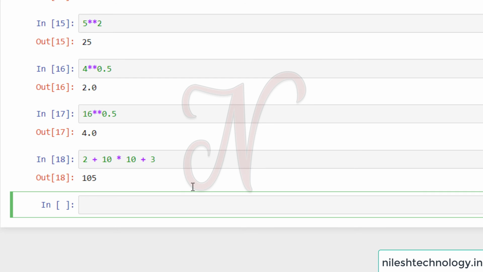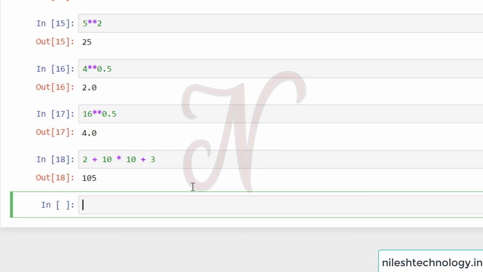This calculation is done using the mathematical operator priority. Between plus and star, star has the higher priority compared to plus. So first the multiplication is performed, that is 10 into 10 is 100. Then 2 plus 100 is 102, and 102 plus 3 is 105.